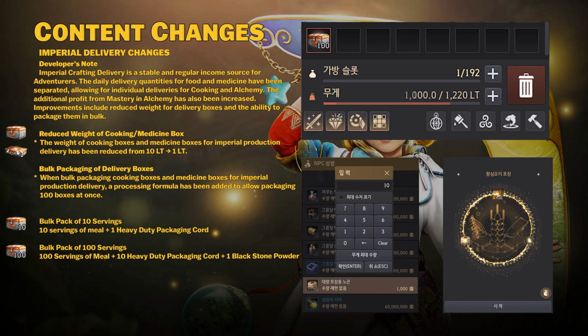The weight of the cooking boxes and the medicine boxes for Imperial production delivery has been reduced from 10 liters to 1 liter. When bulk packaging cooking boxes and the medicine boxes for Imperial production delivery, a processing formula has been added to allow packaging 100 boxes at once. So in the classic 10 times faster bulk pack method, if you add 1 blackstone powder to your recipe, you will do it 10 times faster, so you will process